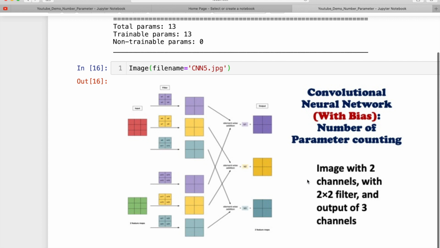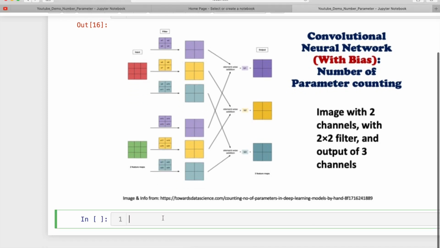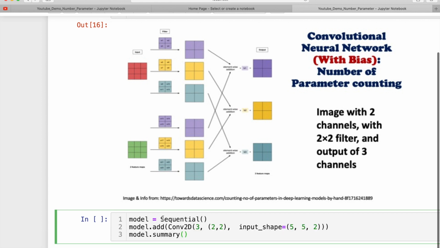The question is: an image with 2 channels, red and green, with a 2 by 2 filter, and an output of 3 channels. So 3 channels, 1, 2, 3. Now just pause the video and, according to your concept, work out how many parameters there should be.